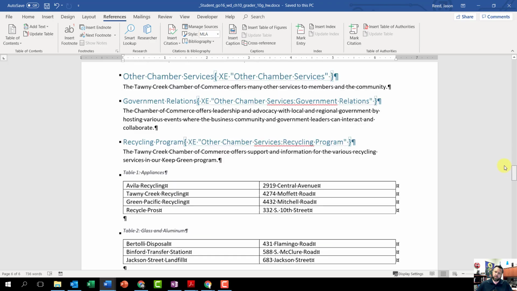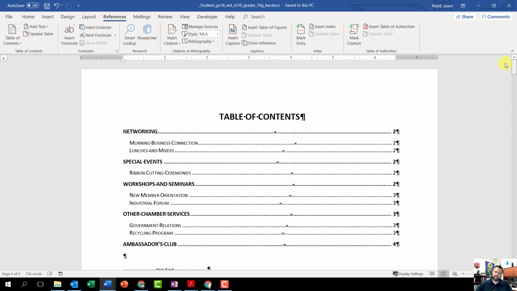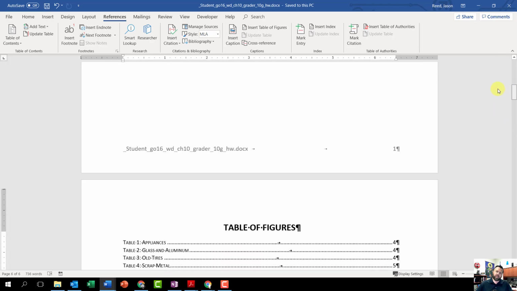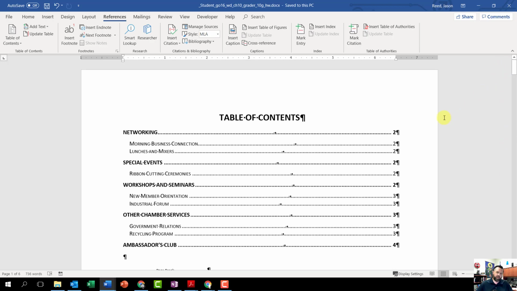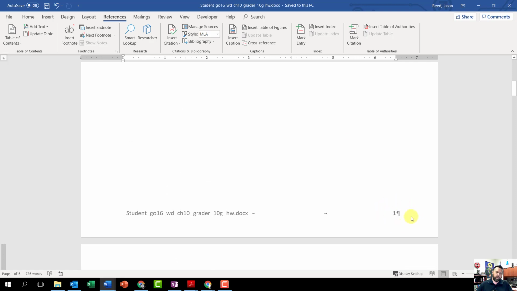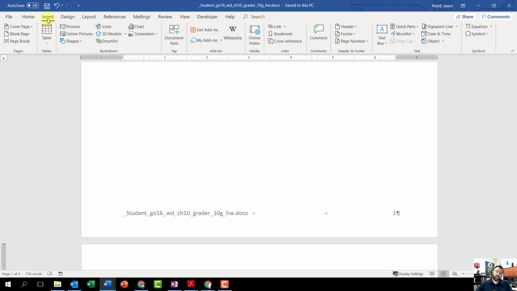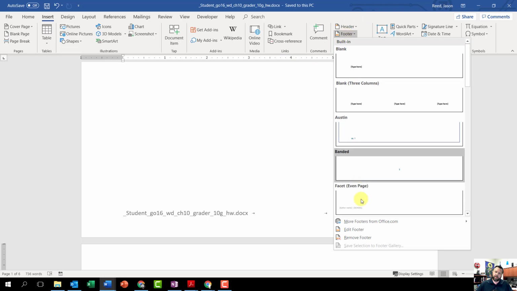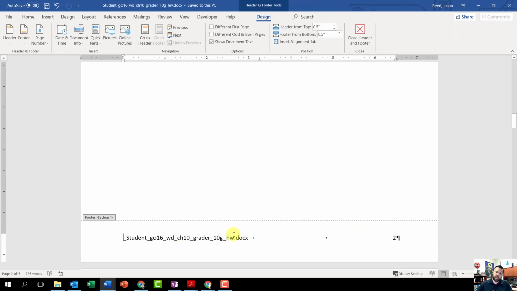You do not include the table of contents and table of figures in your page count in a document when you're doing a research paper. So we need to change this so these are not labeled as 1 and 2, but labeled as I, double I, and triple I. So let's go ahead and go into our footer. So I'm going to go over here to the Insert tab. And from the Insert tab, I'm going to come to the Header Footer group. I'm going to click on Footer, and I'm going to Edit Footer, which is going to take me to, oh,